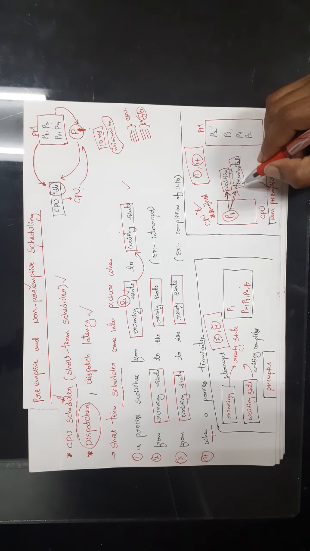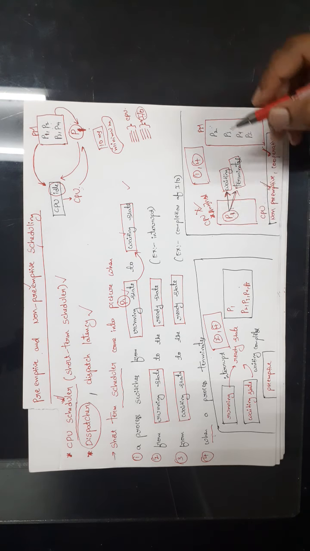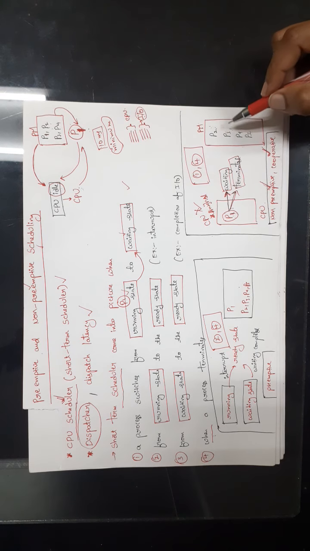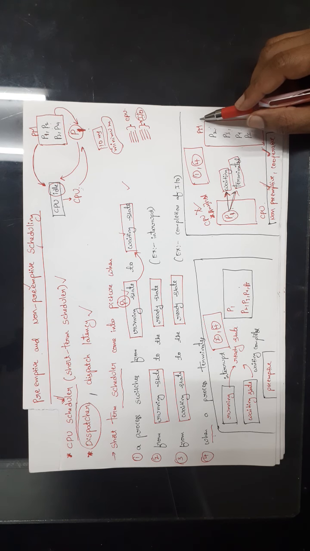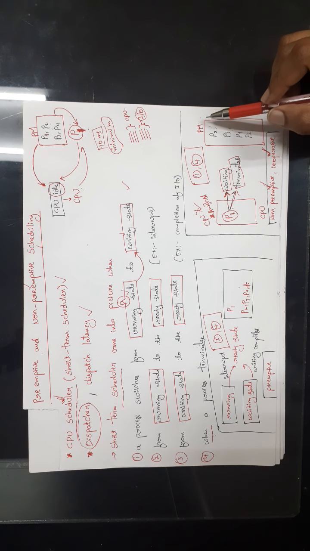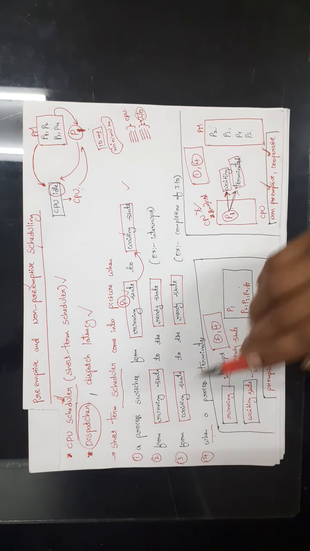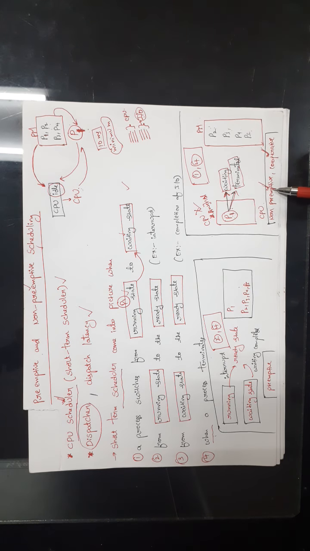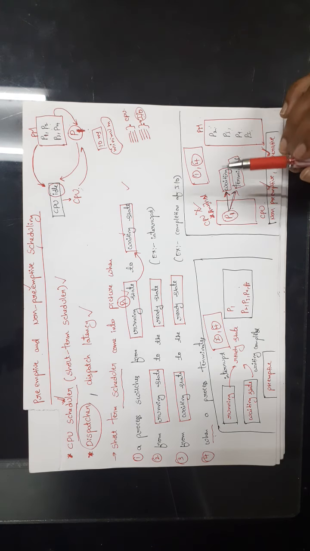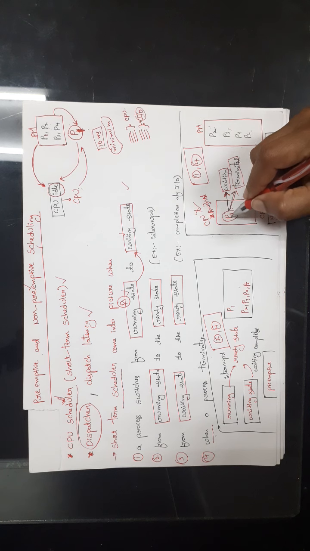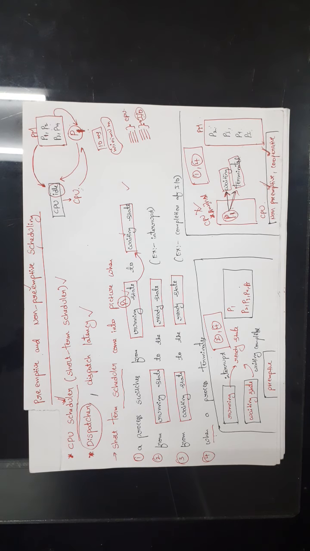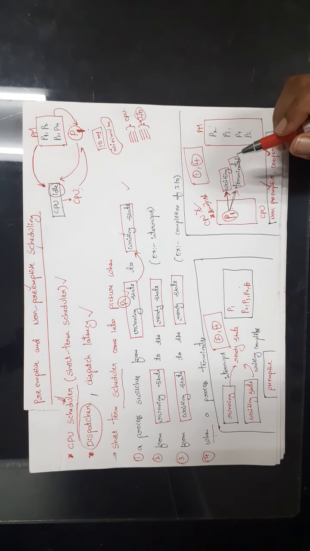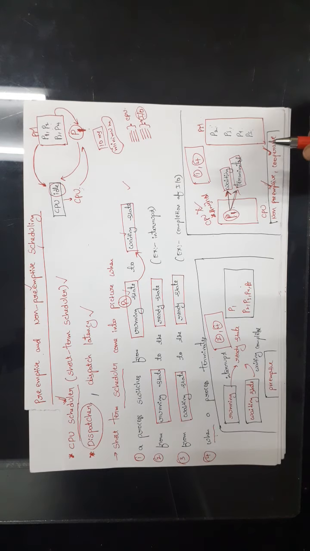Here also what we should do now? P1 has finished its execution, so now the CPU scheduler can choose one process among all the processes in the primary memory. So this is called scheduling, and this is done by the CPU scheduler. This scheduling is called non-preemptive or cooperative, because we are not taking the CPU forcibly from process P1. Only when it has finished its execution, then we are taking the CPU from process P1. We are not forcing it. So that's the reason it is called non-preemptive.